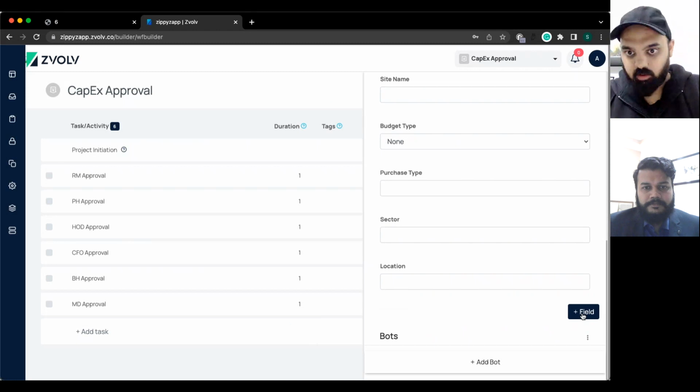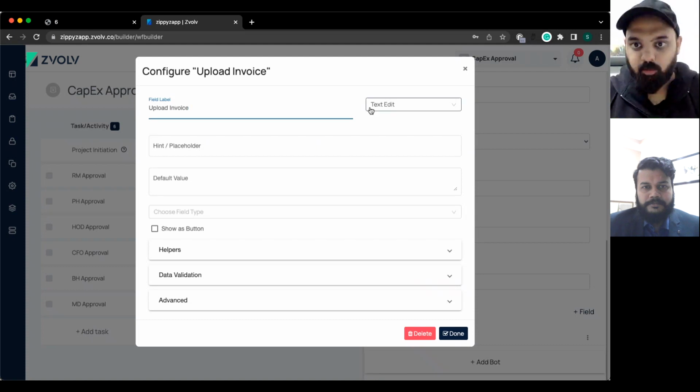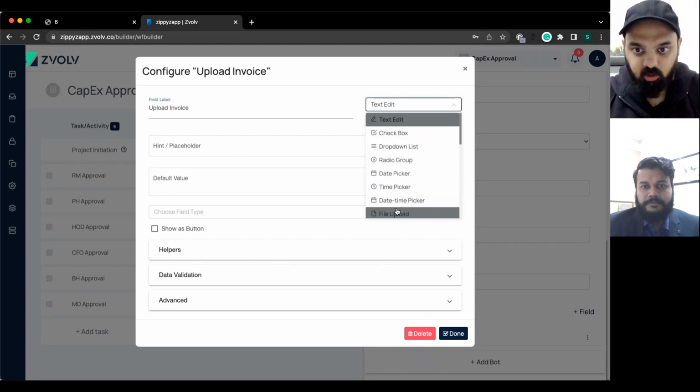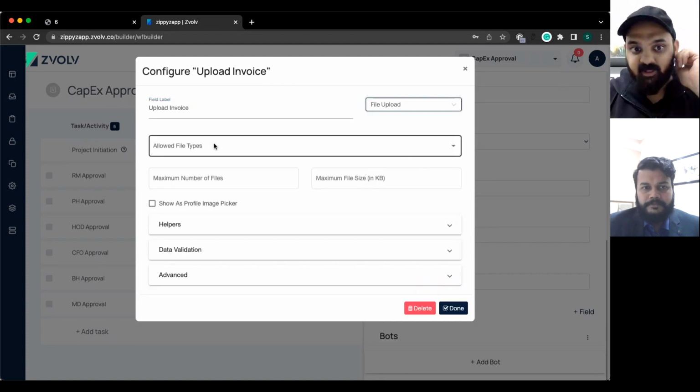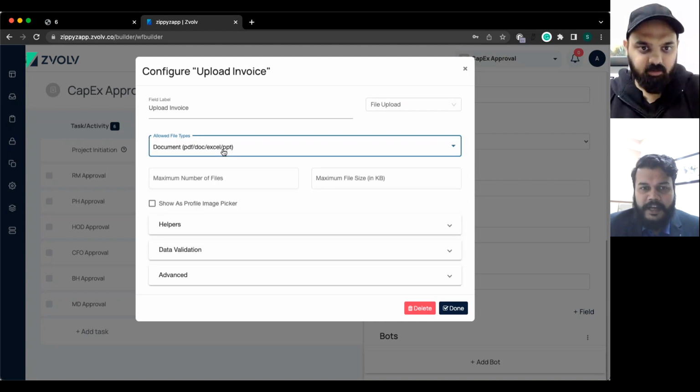Location, and then invoice. And this will be a file upload. Is there any specific format you would want this invoice to be? So generally PDF and Excel. We would like to have it as a document. So yeah, PDF, Word files.